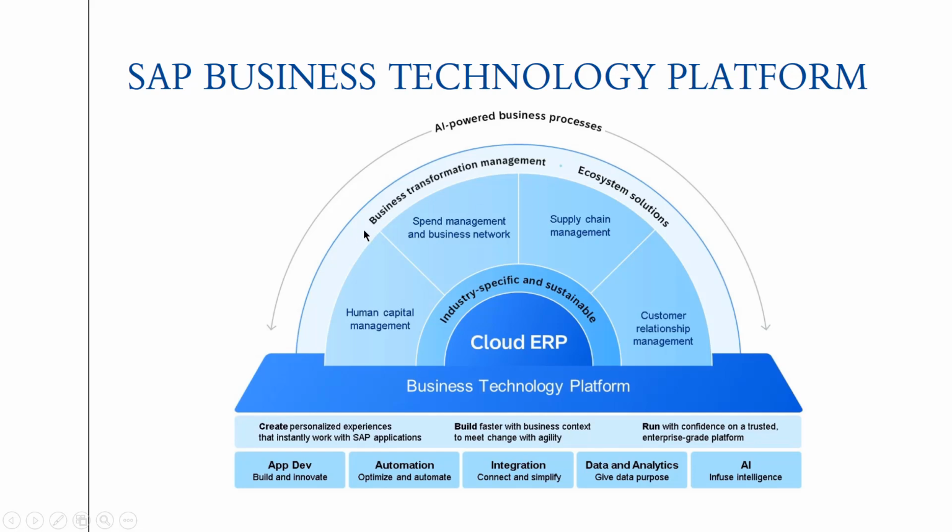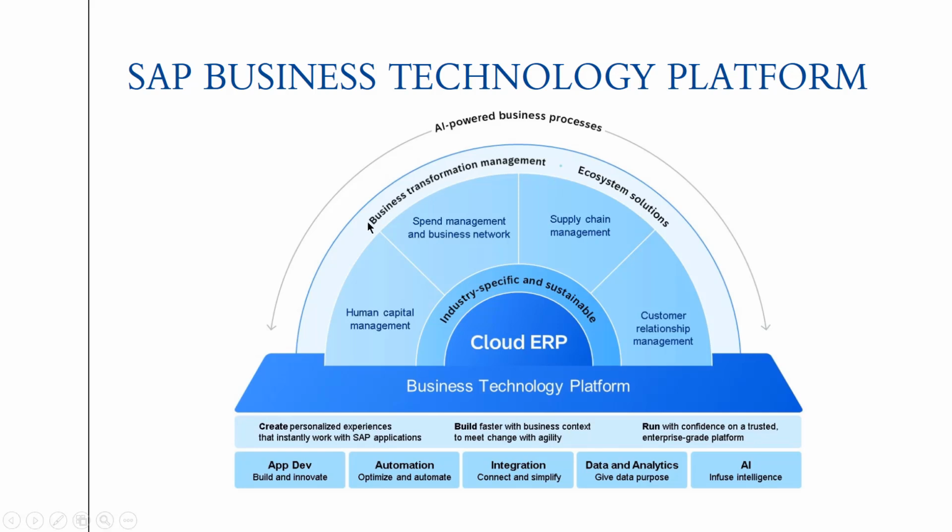Then if you see business transformation management, ecosystem solutions: whatever solutions SAP has right now, there are a lot of them. ECC was there, SRM, SCM. All these applications are called ecosystem solutions, the SAP portfolio of systems. There is a huge number of systems. If you want to move them to cloud, you need certain arrangements so that you can easily migrate on-premise systems to